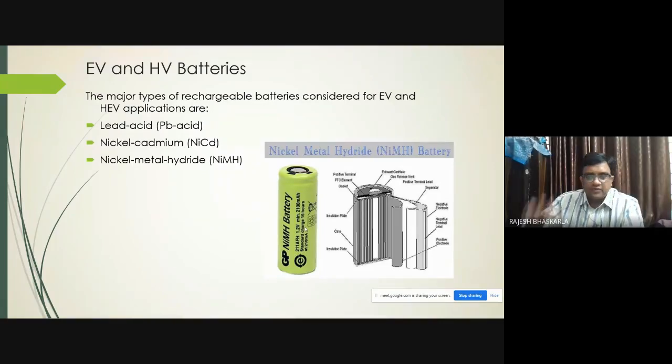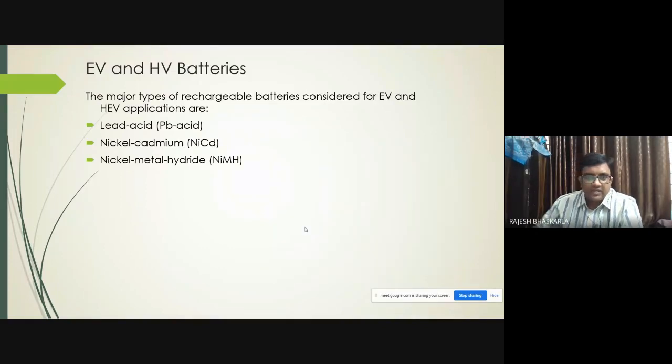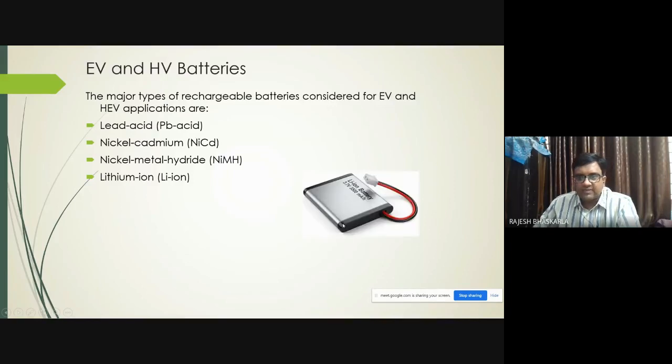Right. So we are now discussing the batteries which are exclusively used in electric vehicles. The next one is the lithium ion battery. Please remember, lithium ion battery is the most frequently used battery in most applications, for example mobile phones, cameras, electric vehicles and hybrid vehicles. Currently, lithium ion batteries are being used on a large scale. A simple lithium ion battery can be a mobile battery.